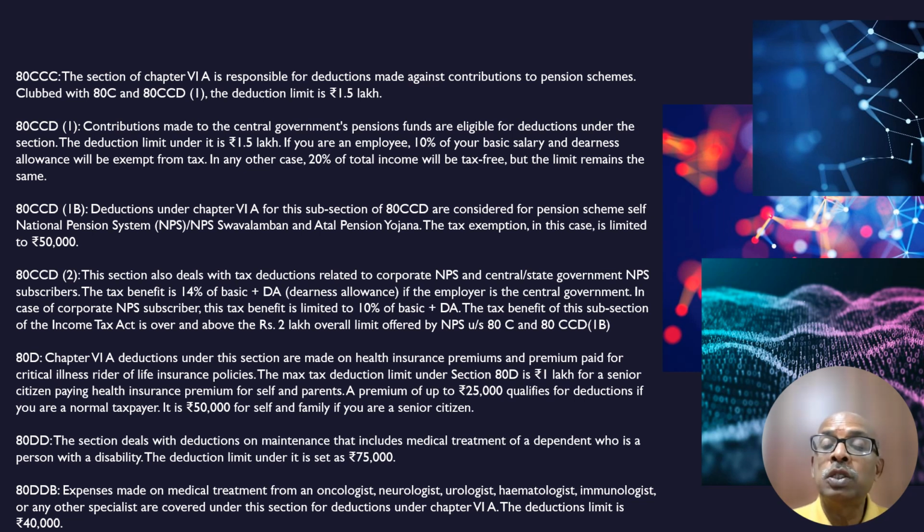80DD is specified illness treatment, cancer, something like that. Up to the limit is 75,000, but actual expenditure can be claimed. 80DDB, again, medical treatment, you don't need to give any special proof and all. It is only treatment you have to give. 40,000 you can claim under this. Not only that,